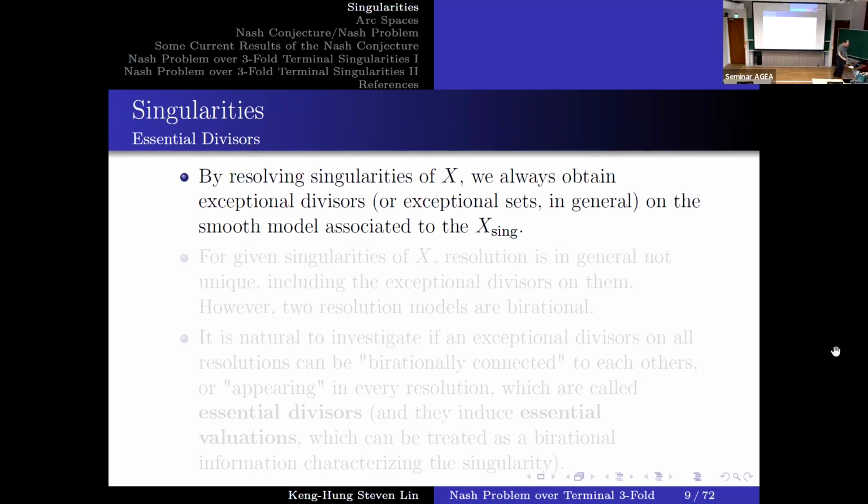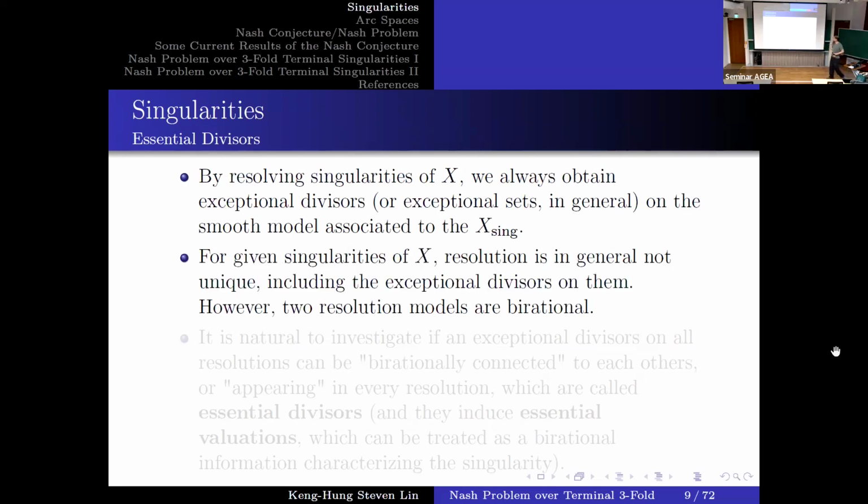However, we know that resolutions are not unique. So if we have two different resolutions, this resolution may produce a bunch of essential divisors, and that resolution can produce another bunch of divisors. So it seems that divisors on the smooth model have a bunch of ways to describe the singularities,